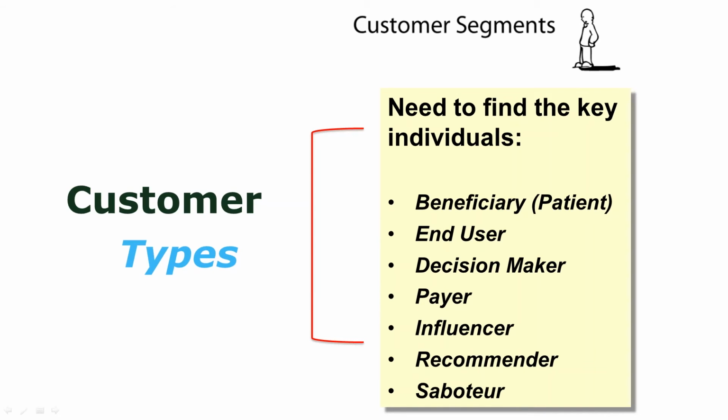So what you see just from this quick exercise is that you have something called different customer types, different customer segments, and the value proposition could be different for each one of these customer types. It could be increased mobility. It could be regaining your time. It could be being able to enjoy yourself without worry. So the key is to find who is the customer type that values this the most, and are there people